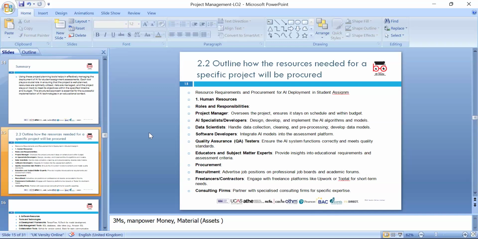So we have to look around these, like human resources, roles and responsibilities. Project managers oversee the project, ensure it stays on schedule and within the budget. Specialized developers design for the AI project, so we have to look around the software developer, who integrates AI modeling. Quality assurance ensures that the AI system, which is the artificial intelligence system, works correctly and